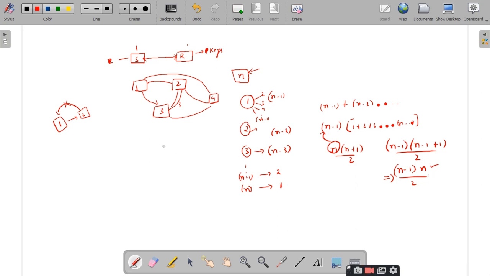But if you look at asymmetric key cryptography, we have a sender and a receiver. Every person will have, for example, the first person should have one secret key. If I take the second person, how many keys should he have? One secret key. The third person, one secret key. Like that, if I have n persons in a community, how many keys should I have? n keys. Am I right or not?